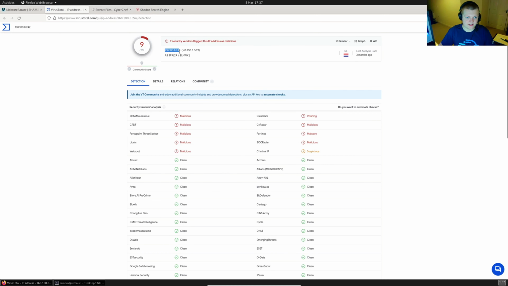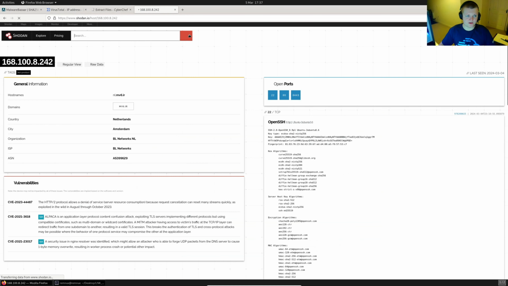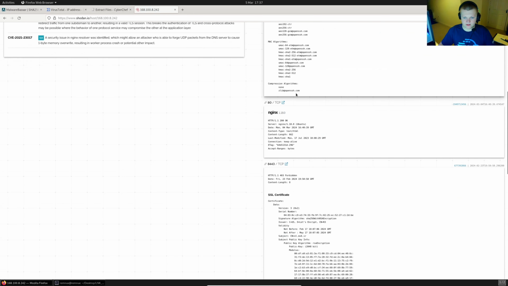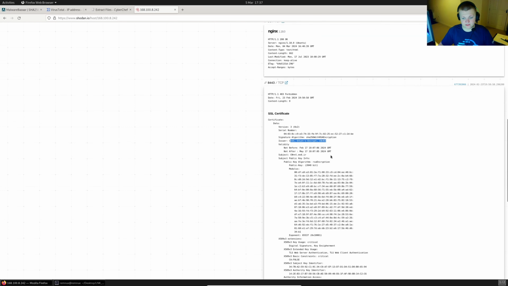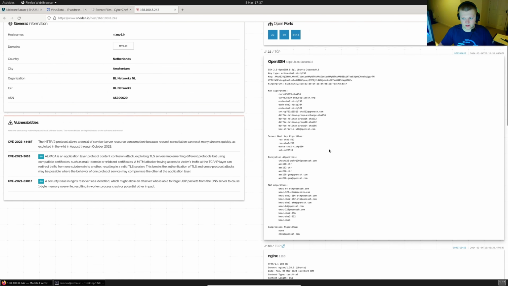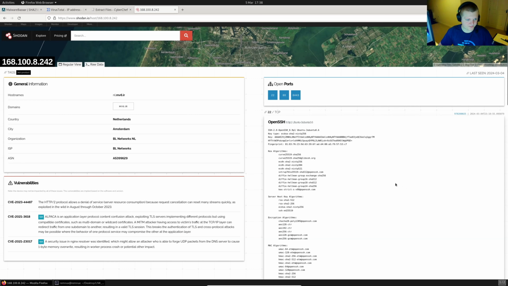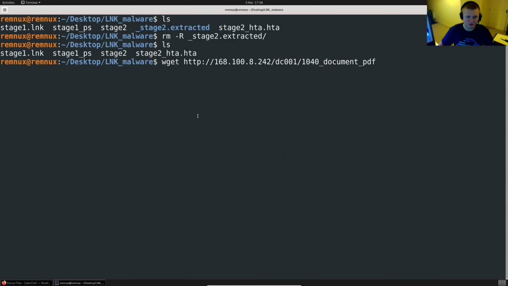It could be likely. I'm not 100% sure. We'll just see if this is on here. And it is. We can see it's got SSH open, and 8443. We can see that on 8443, it has a different certificate name there. I suppose when was this scanned? It was scanned fairly recently. But yeah, we don't need to dig too deep into that. We've extracted these executables,